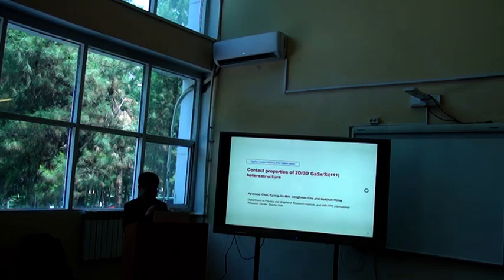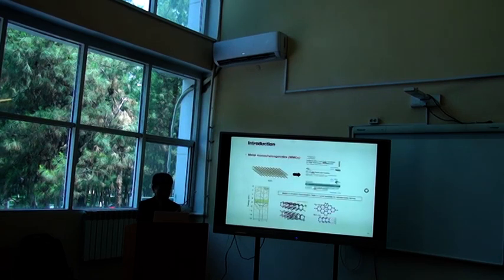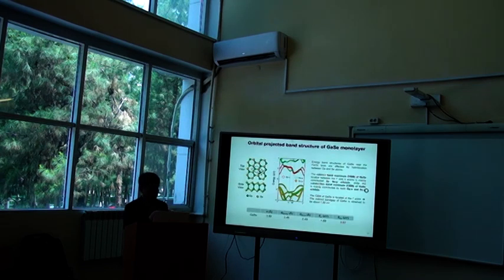This is the second topic of this talk, and this is the contact property of 2D gallium selenide on the silicon 111 surface. This is one type of 2D semiconductor, and here you can see the structures. This is the first report of gallium selenide monolayers, and we calculate the structures to show which atomic orbital contributes to which band